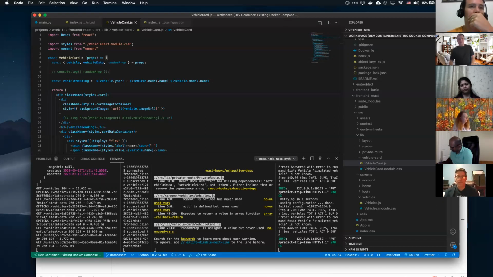So what I'm debating is we could do it in one of two places. We could do it here, or we could do it actually in the vehicle. I'm actually going to do it here. It's going to be easier based on what this vehicle is. No, I'm going to do it in the